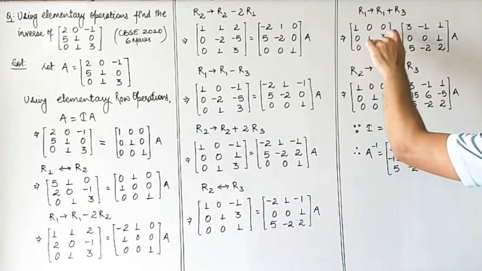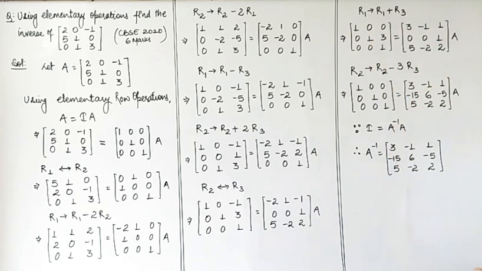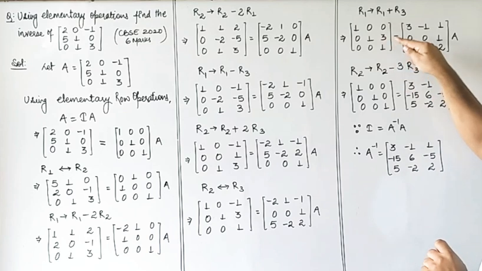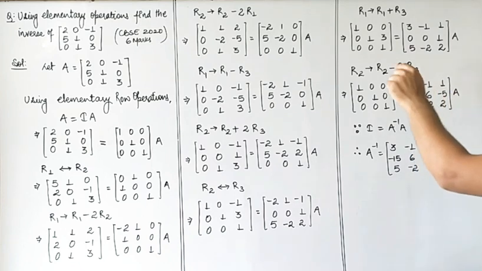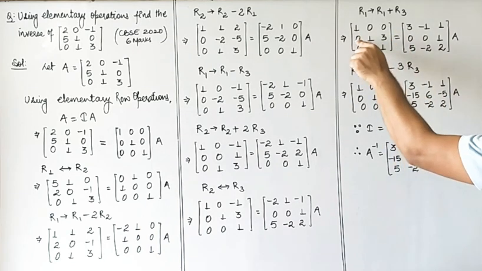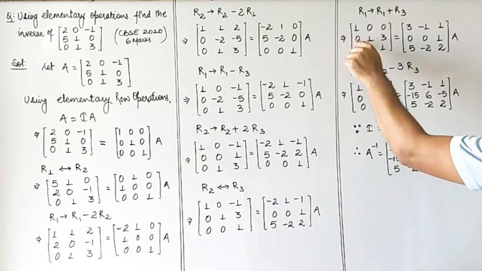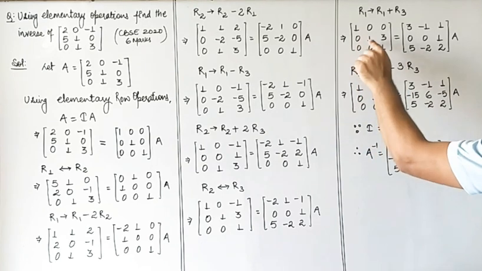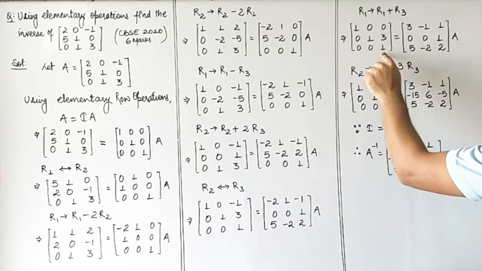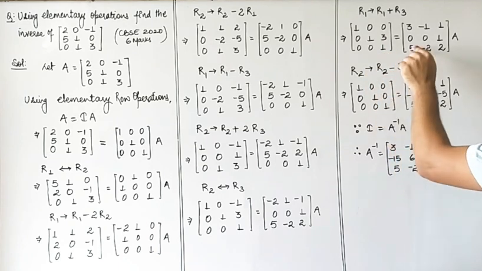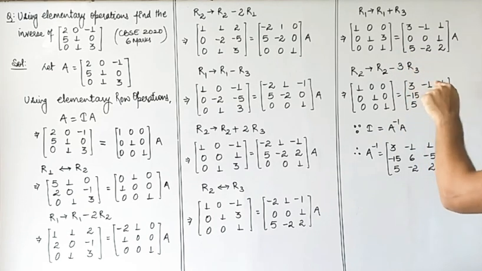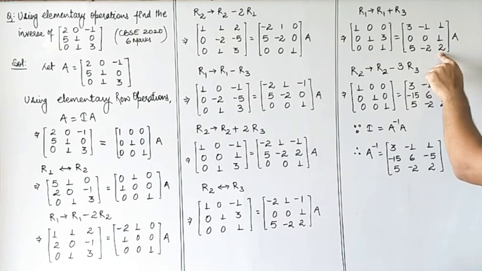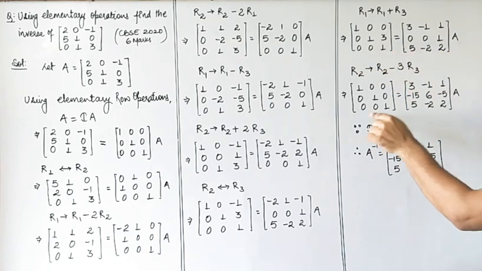This is already 1. So what we have to do is we have to make this 3 as 0. So we'll apply the row operation that row 2 tends to row 2 minus thrice row 3. Look. So first row as it is. Second, we will change second. 0 minus 3 times 0 is 0. 1 minus 3 times 0 is 1. 3 minus 3 times 1 is 0. Same operation, that is 0 minus 3 times 5 is minus 15. 0 minus 3 times minus 2 is plus 6. 1 minus 3 times 2 is minus 5. And the third row remains as it is.